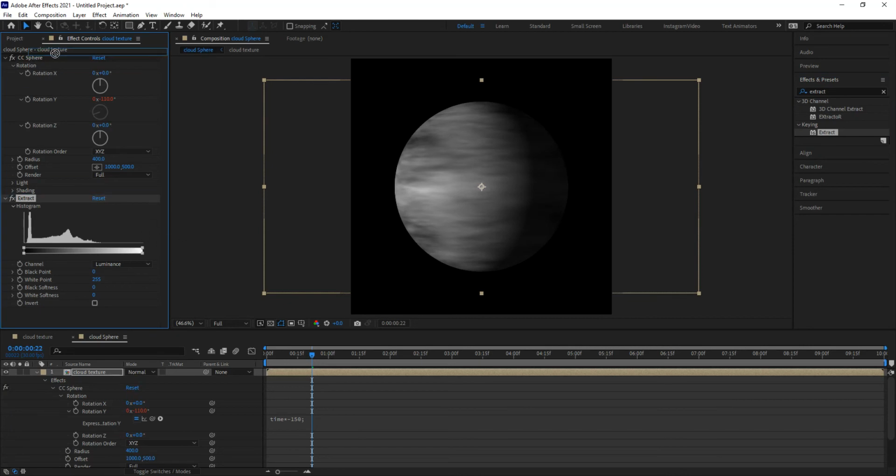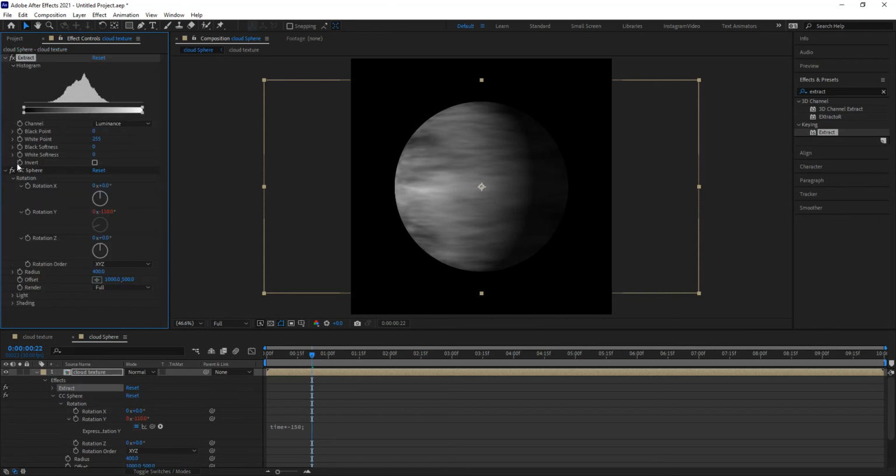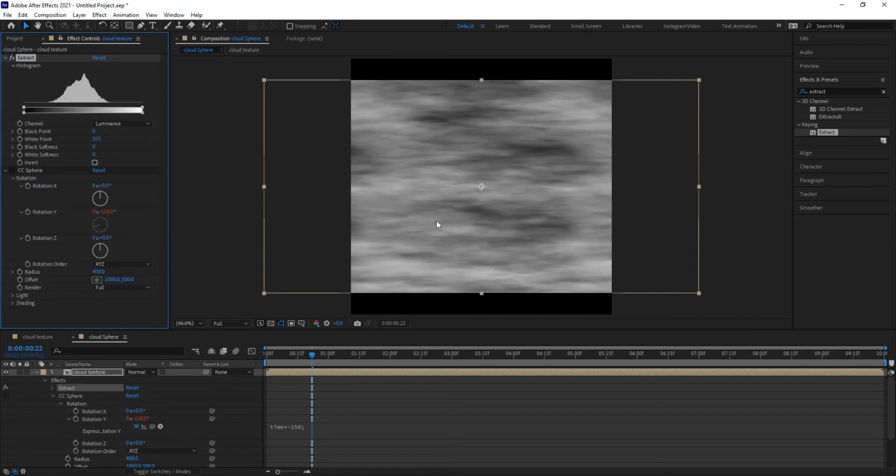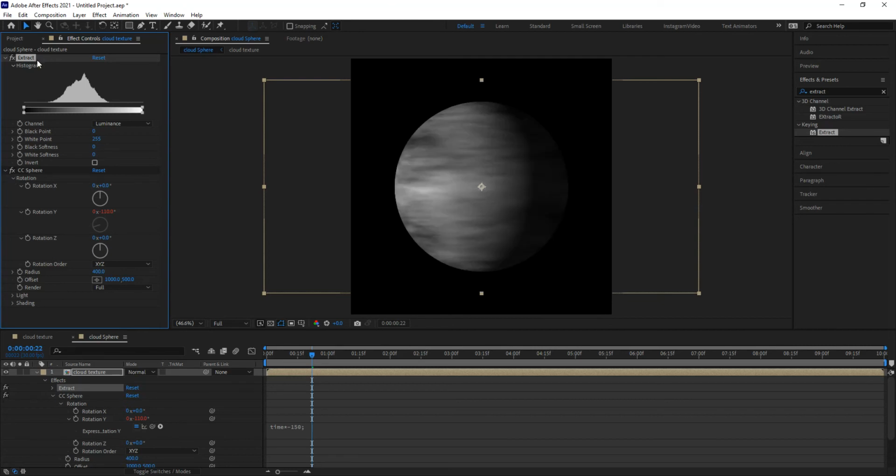And the reason for that is because, let me bring it up to the stack. The reason is that I want to apply it to the actual texture, not to the sphere itself. So applying it before the sphere, remember, filters render in this direction. What's going to happen is it will render first the extract, which allows me to remove some of the white or dark areas depending on how I slide this